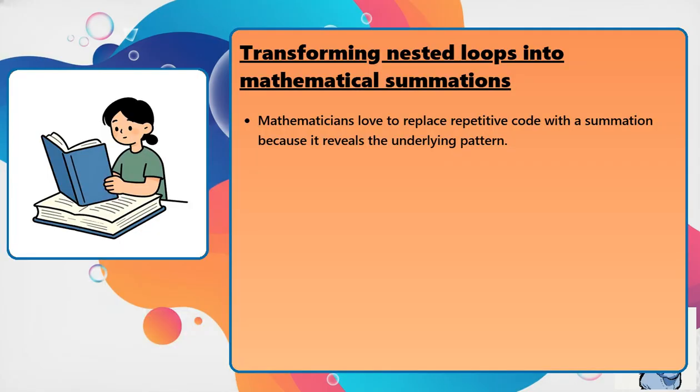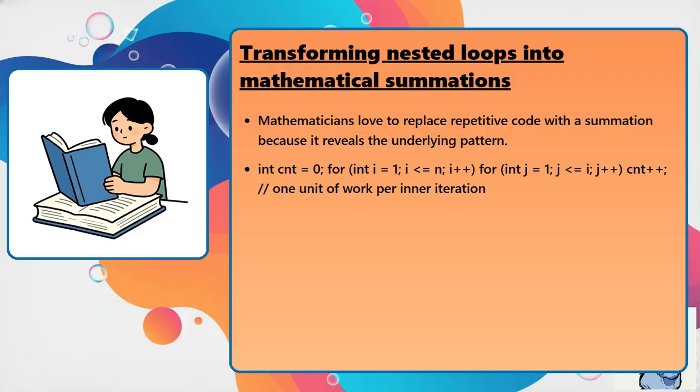Mathematicians love to replace repetitive code with a summation because it reveals the underlying pattern. int cnt = 0; for (int i = 1; i <= n; i++) for (int j = 1; j <= i; j++) cnt++; one unit of work per inner iteration. Each inner iteration adds 1 to cnt, so we can write: